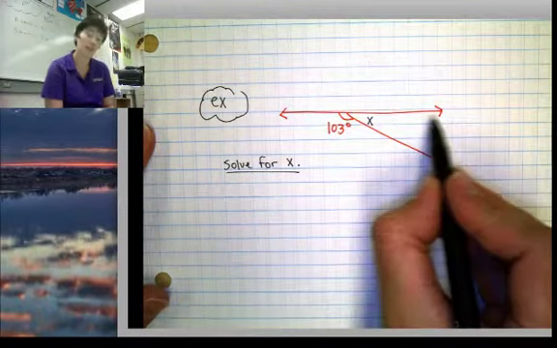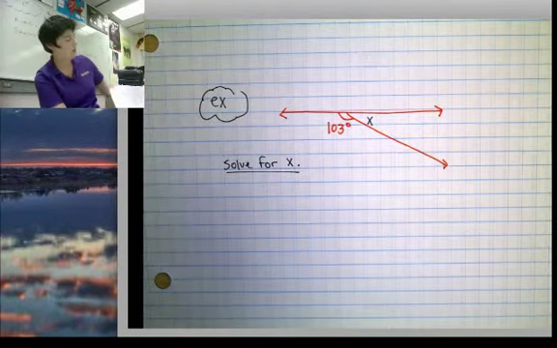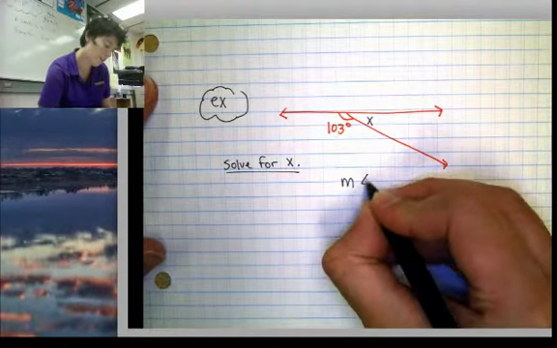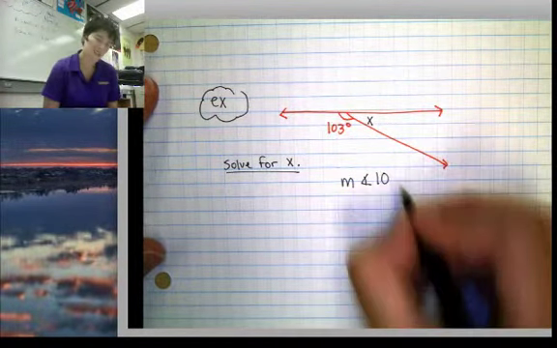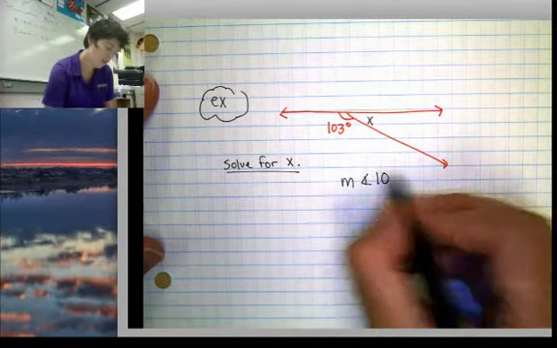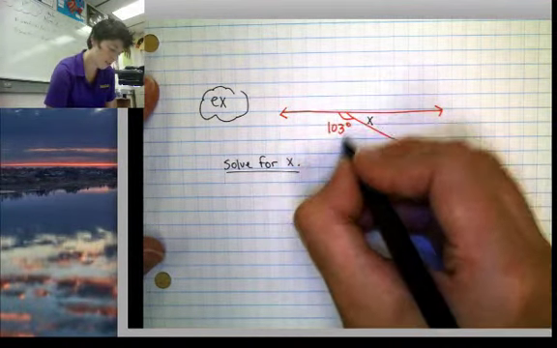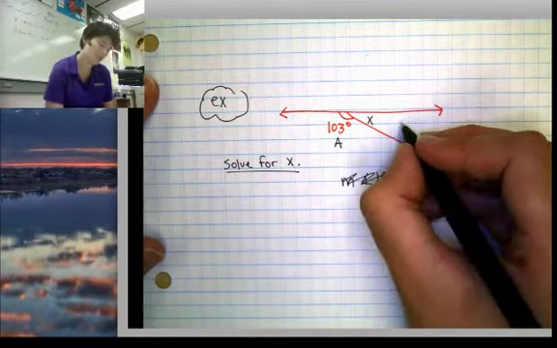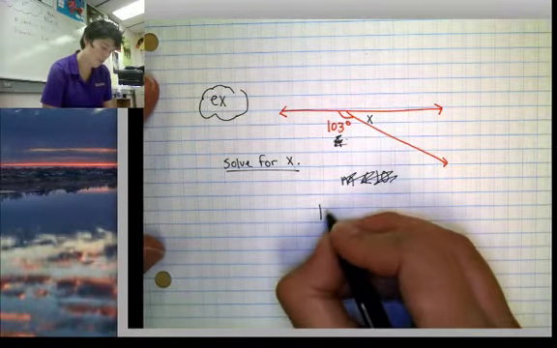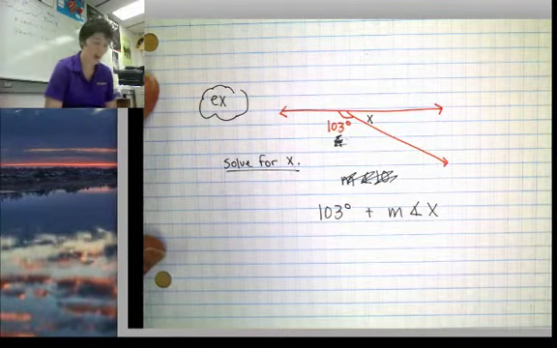Well, if you know your special angles, then you know that we can use one of them on this problem. Straight flat lines have 180 degrees altogether. So when I look at this thing, I'm thinking, okay, it has to add up to 180 degrees. Okay, start over. We have 103 degrees plus the measurement of angle X that I don't know has to equal